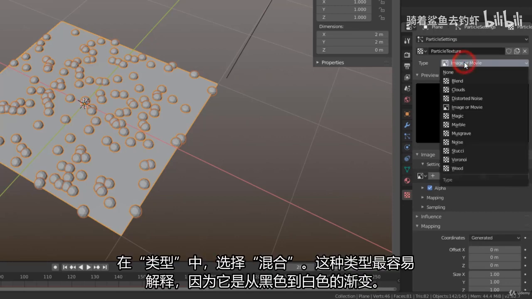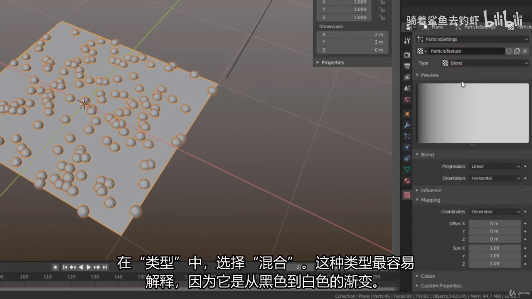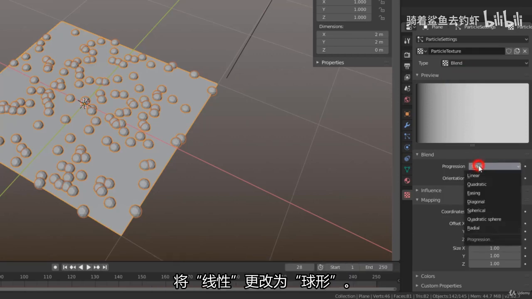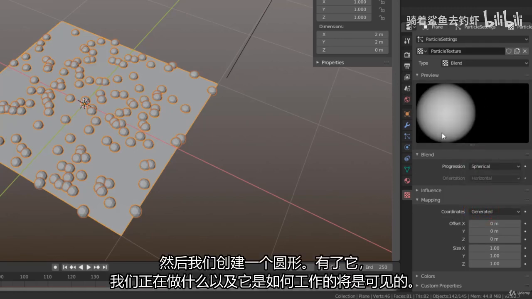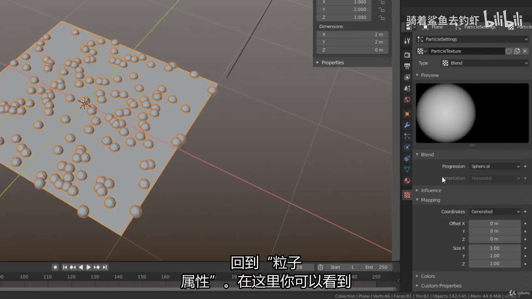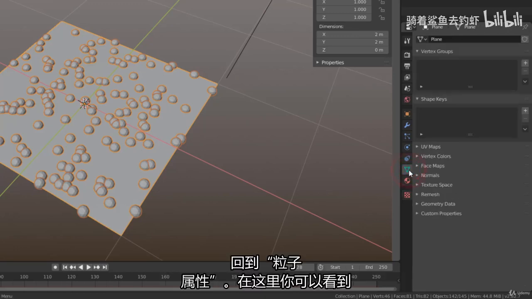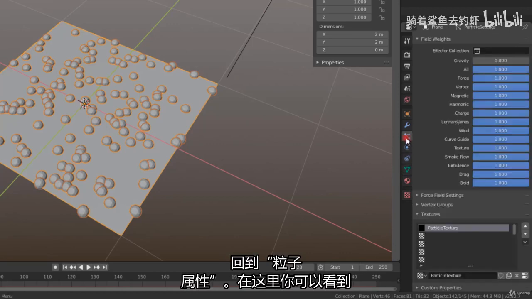In Type, select Blend. This type is easiest to explain because it's a gradient from black to white. Then go down, change Linear to Spherical, and then we can create this circle shape. With that it will be visible what we are doing and how it works. Go back to Particle Properties, and here you can see the particle texture, and it also has a little